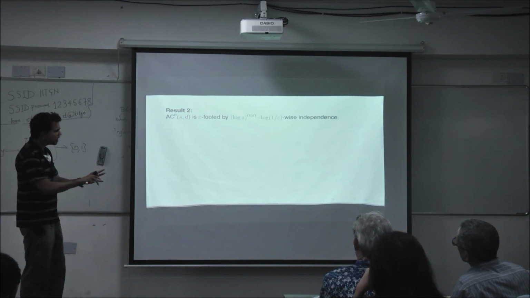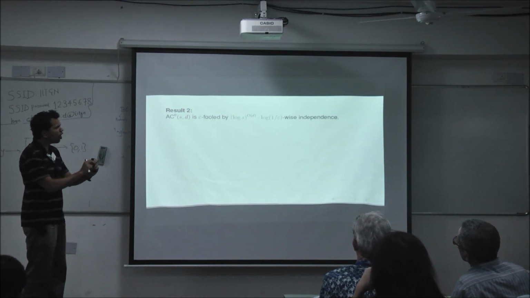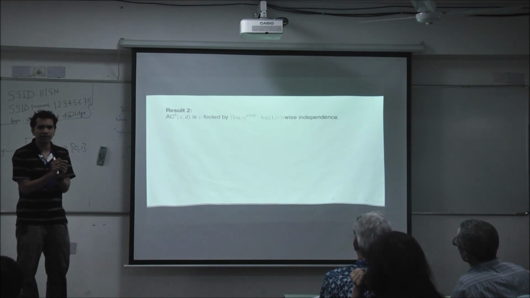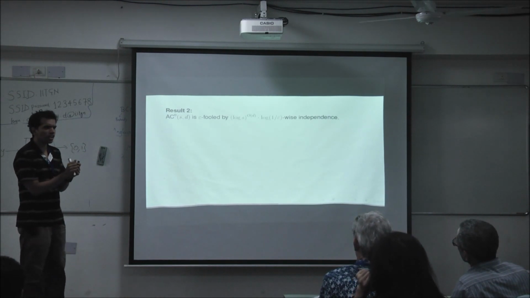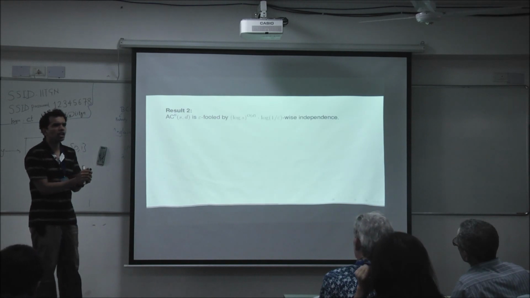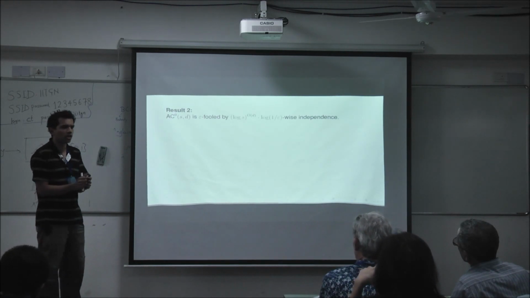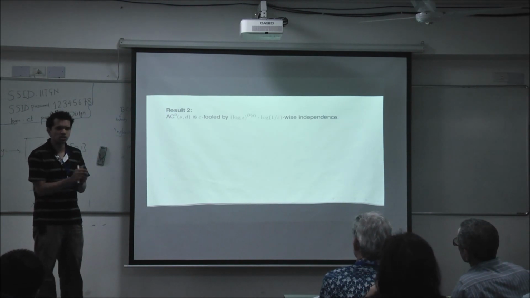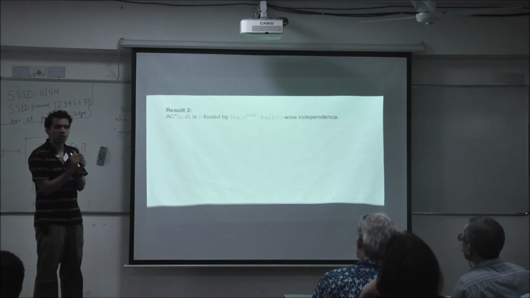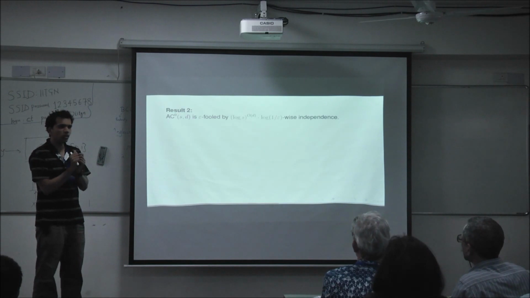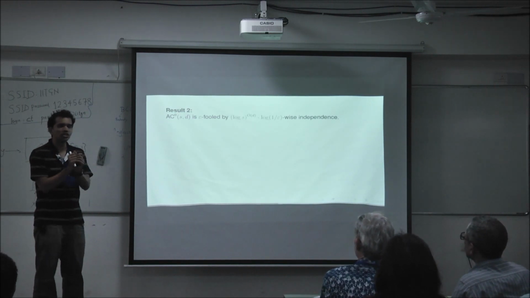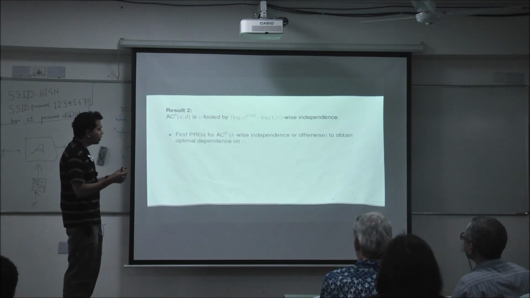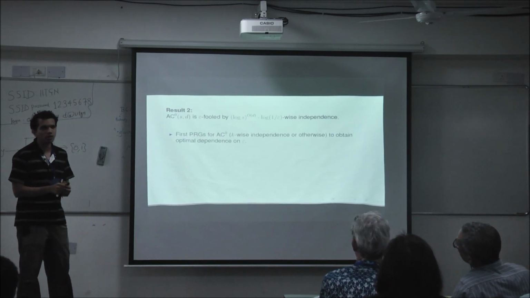This looks like a technical improvement, but log 1 over epsilon is kind of the gold standard for pseudorandom generators. Whenever you have a pseudorandom generator that fools a class with error epsilon, you expect a log 1 over epsilon in the seed length, and in this case that translates to d. So log 1 over epsilon is something we have very good reason to expect. Since you expect it, it's a good reason to fight for it, and when you get it, it's a good reason to be happy, because nobody had gotten log 1 over epsilon before, so we are doubly happy.